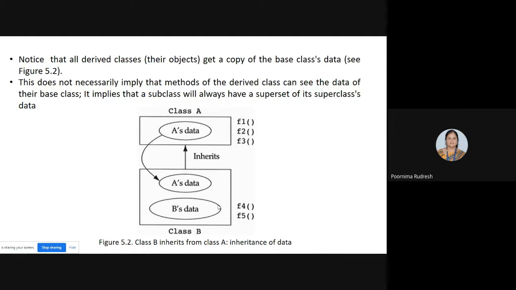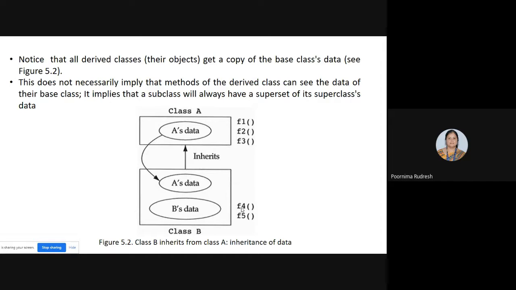See here, for example, if you consider class A is having the methods F1, F2, F3, similarly class B is having the methods F4 and F5. Even though the data of class A is available to class B, it is not necessarily implying that the methods of the derived class can see the data of their base class.